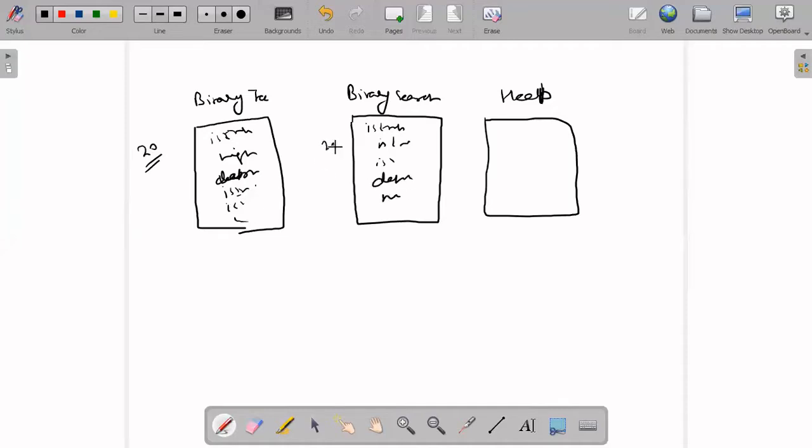Again I am writing 20. Again in heap, I am writing 20. So I am writing the implementation of all 20 methods for binary tree, all 20 for binary search tree, all 20 for heap.